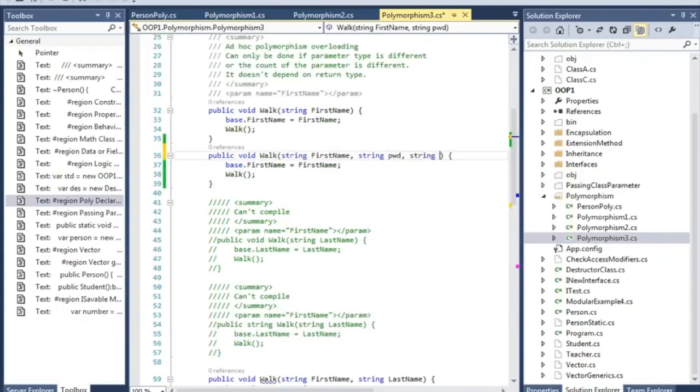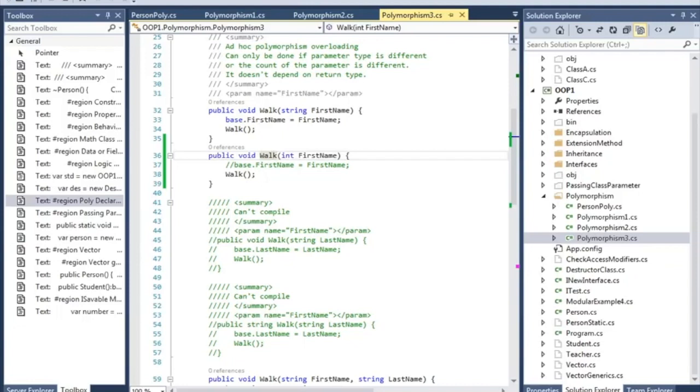So let's say we have another one, and let's compile it, and it's just fine. This is how you can overload a method. Another thing you can do is just change the data type. It will give you an error, so comment that out and then build, and it's just fine. This is called overloading. These two ways you can overload a method, and overload is said to be static polymorphism or ad hoc polymorphism. It doesn't have to be implemented after inheritance. It can be done anywhere in the class.